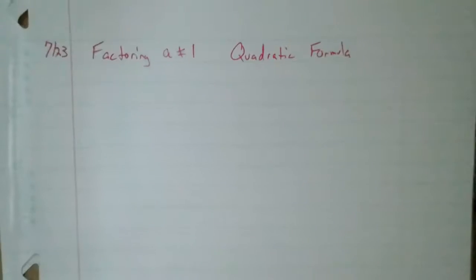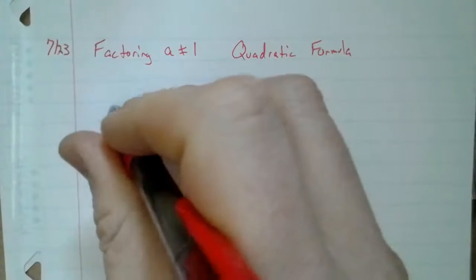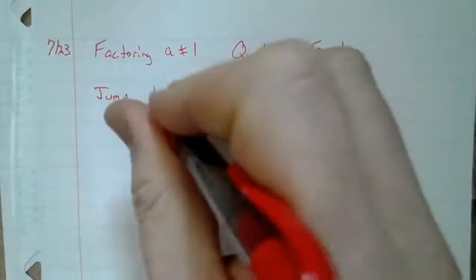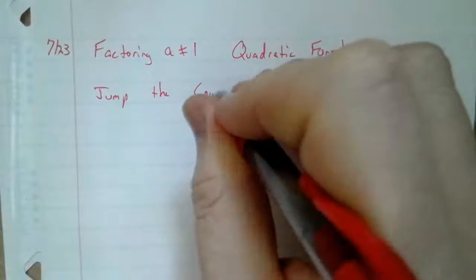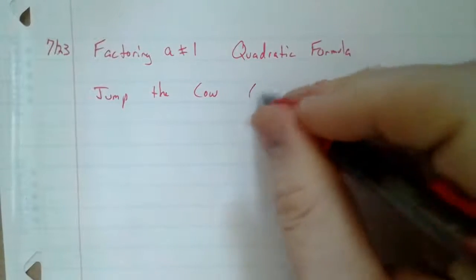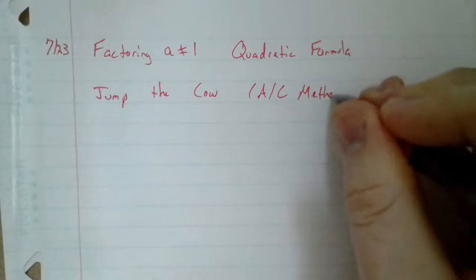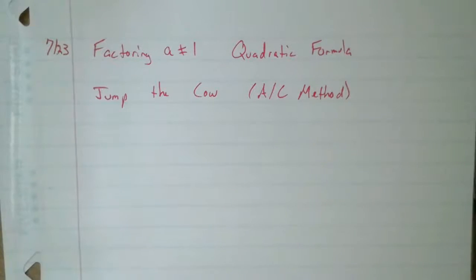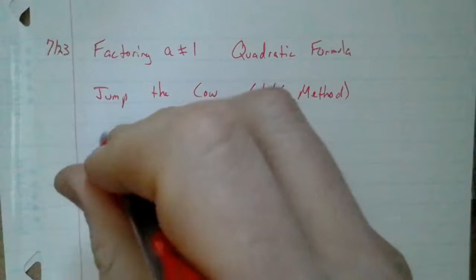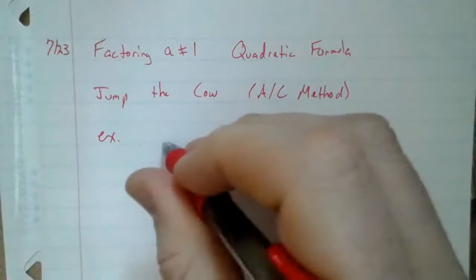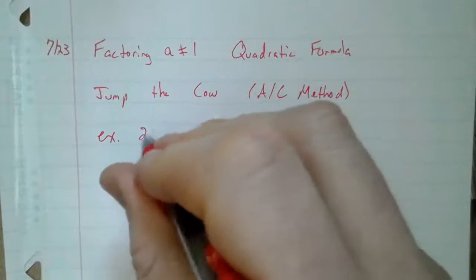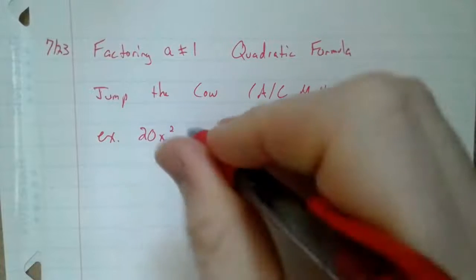Alright, so first, when a does not equal 1, we use the jump the cow method. This is also called the AC method if you want to look it up online on your own. We're just going to dive right into an example because you guys know how to do this. So example 1, we've got here 20x squared minus 11x